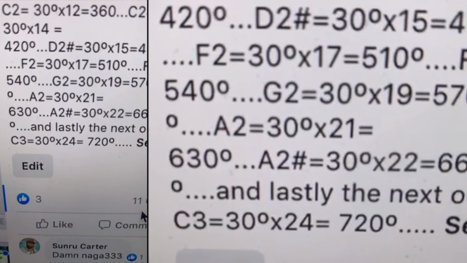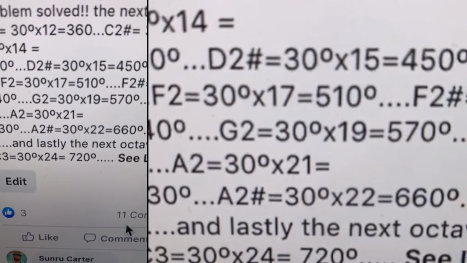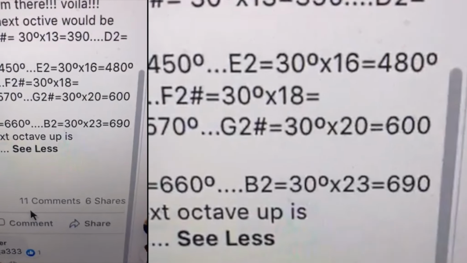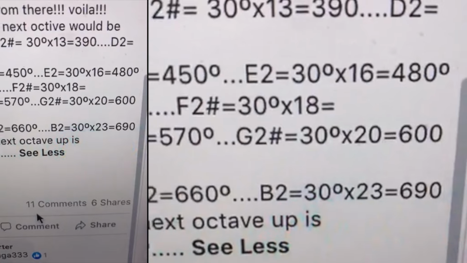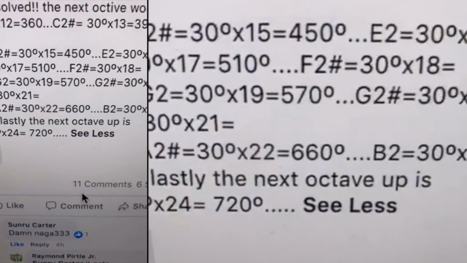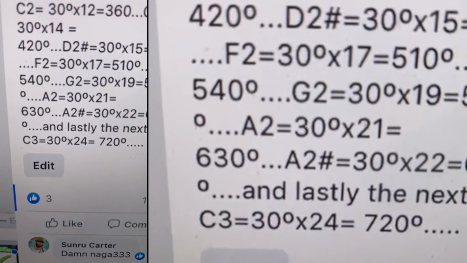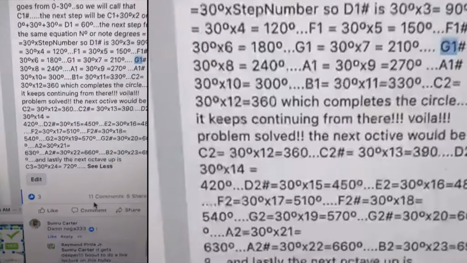A2 equals 30 degrees times 21, which equals 630 degrees. A2 sharp equals 30 degrees times 22, which equals 660 degrees. B2 equals 30 degrees times 23, which equals 690 degrees. And lastly, the next octave up is the C3, which is 30 degrees times 24, which equals 720 degrees. Right? And we're done. So that totally debunks this whole chart by Nassim Haramein